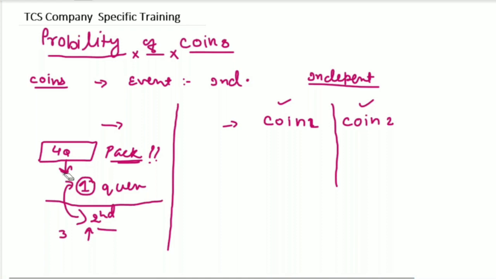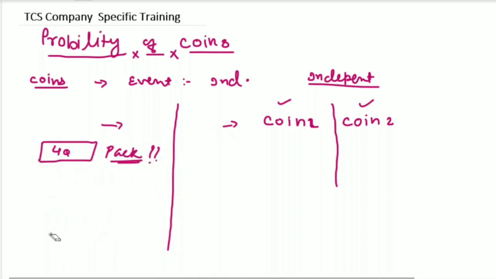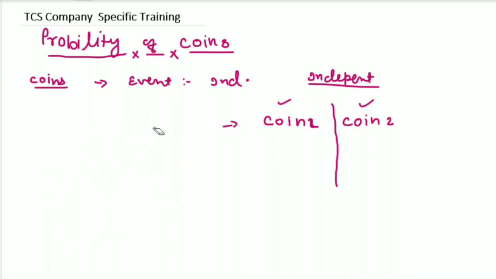And this is not the only example. There are many more examples, and that depends on the question. But let me come back to the story of coins. I just got into this discussion to talk about independent events. Whenever we talk about coins, it's very simple: whenever I'm tossing one coin,